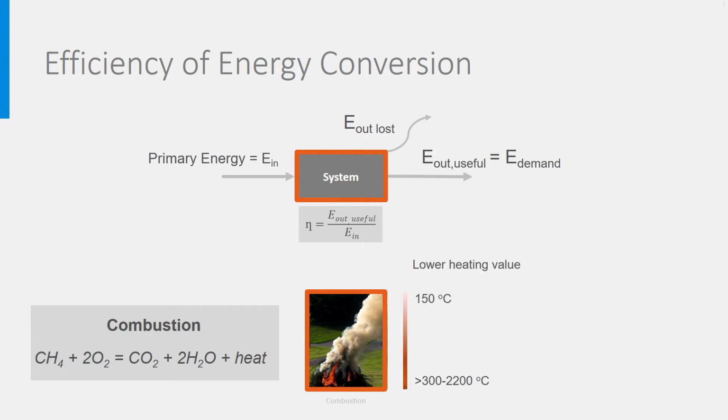When it comes to the higher heating value, the idea is that the water vapor contained in the fumes can be cooled back to liquid water at a temperature of 25 degrees, which releases additional heat. This additional latent heat of condensation is accounted for in the higher heating value. The efficiencies in this course are all based on the higher heating value.